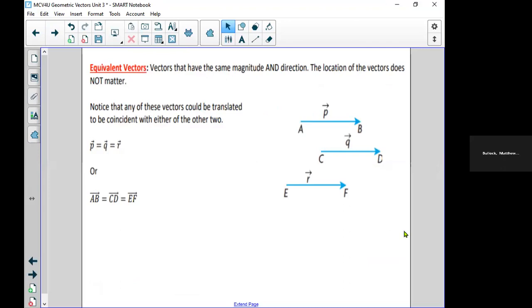Yeah, so vectors that have the same magnitude and direction are equivalent vectors. It says the location of the vector does not matter. So it can be anywhere on your shape or object in your question, as long as they are pointing in the same direction and have the same magnitude. I think we have some complex platonic solids in different shapes, I'm not sure if it was this new textbook or an older textbook, but you have to be able to identify parallel vectors, equivalent vectors, and opposite